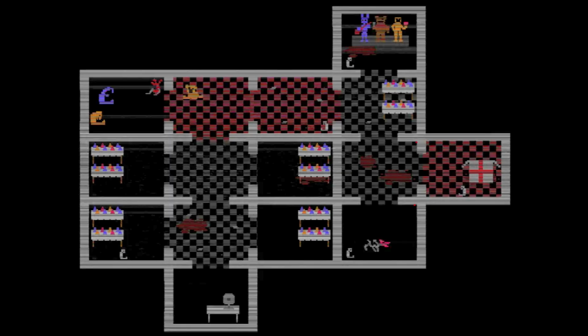The prize corner and the party area are basically close enough to each other for Balloon Boy. And there is a kid by the prize corner in the map. Now Mangle's minigame, there is a kid there. Stage 01, there is a kid by the stage. And Chica's party, in one of the party rooms where Chica spawns and climbs into the vent, there is a